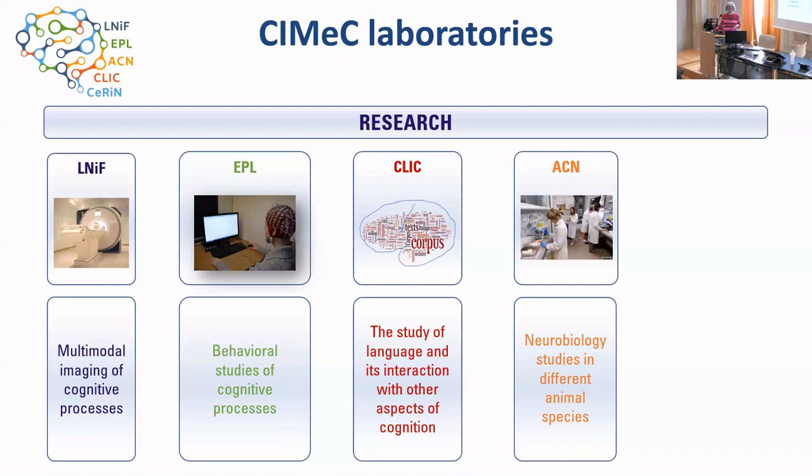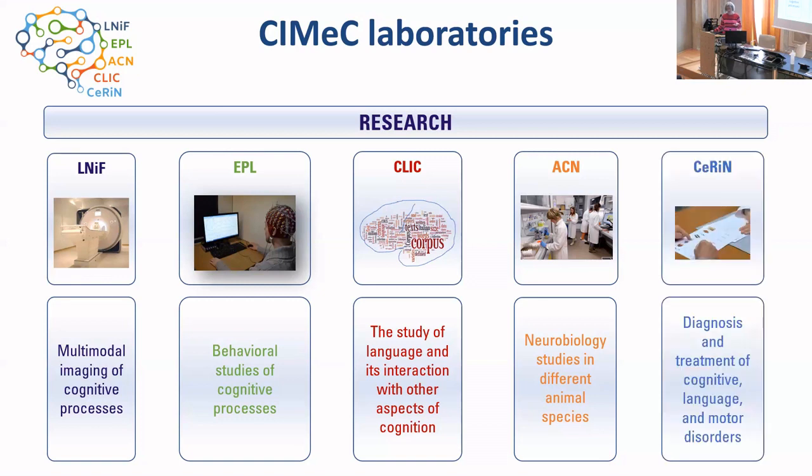The ACN is focused on neurobiology in different animal species, and then CHERIN for the diagnosis and the treatment, and also research in different cognitive functions, from motor to language to perception. So as you can see, this is a very general, very large overview of the topics that we cover